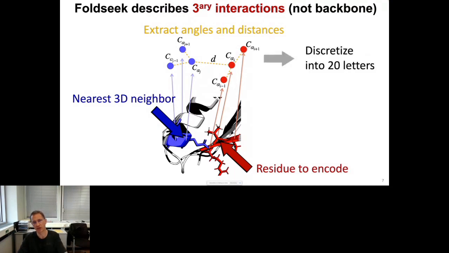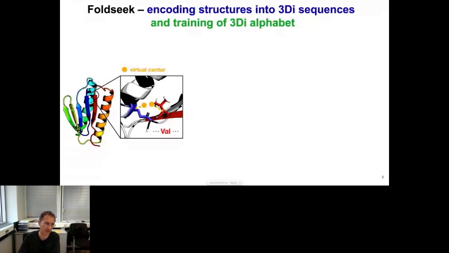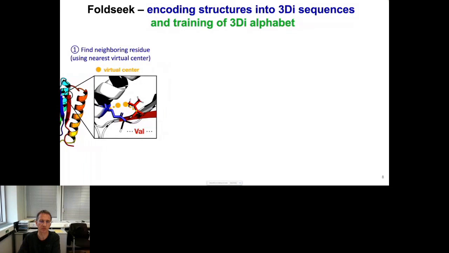You could do just a clustering, k-means clustering, for example. This is actually what we started with, but you can do it in a much smarter way, and this is what I will explain to you now. The first thing is that you don't just take as nearest neighbor the residue that has the smallest C beta distance, but you use a so-called virtual center, as we name it. I will explain on the next slide why this is important. So you find your nearest neighbor for your red one,